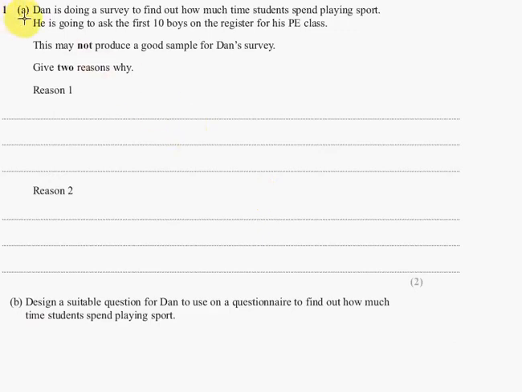Question 1. Part A. Dan is doing a survey to find out how much time students spend playing sport. He is going to ask the first 10 boys on the register for his PE class. This may not produce a good sample for Dan's survey. Give 2 reasons why. The best way to do a question like this is just to look at the mark